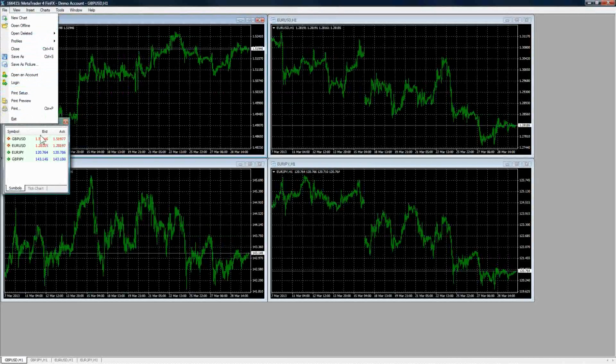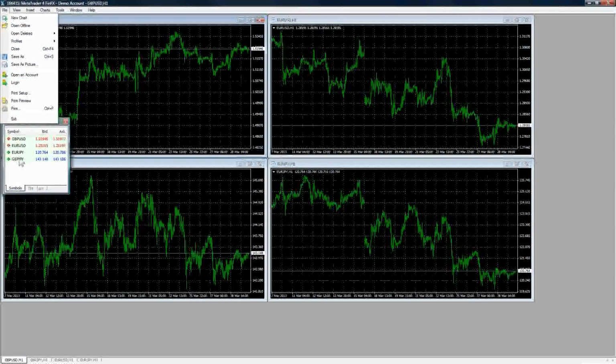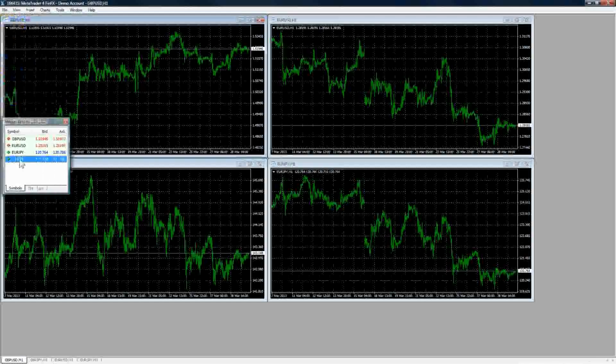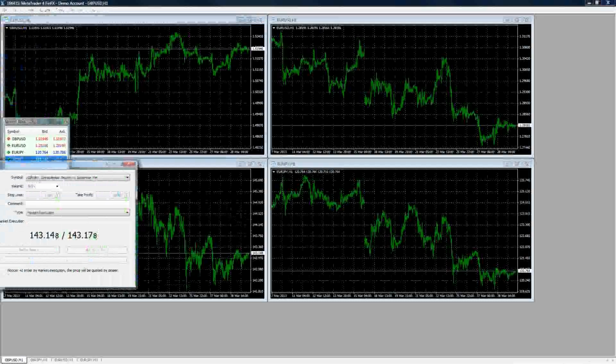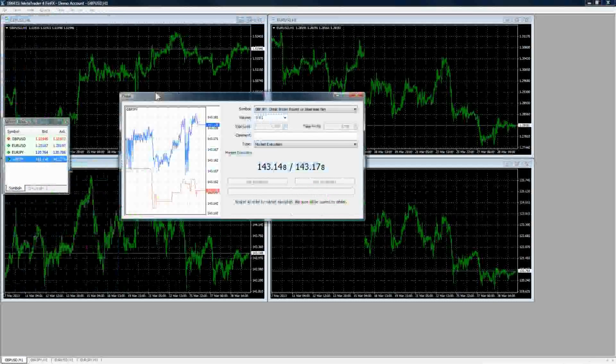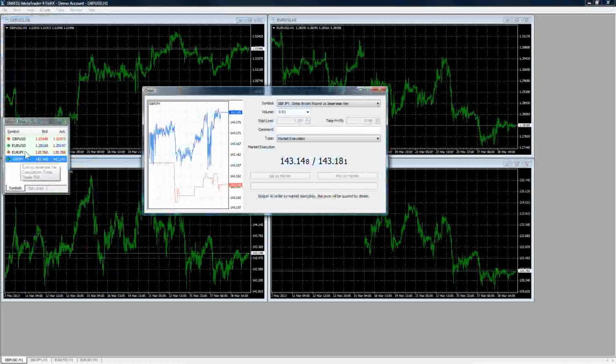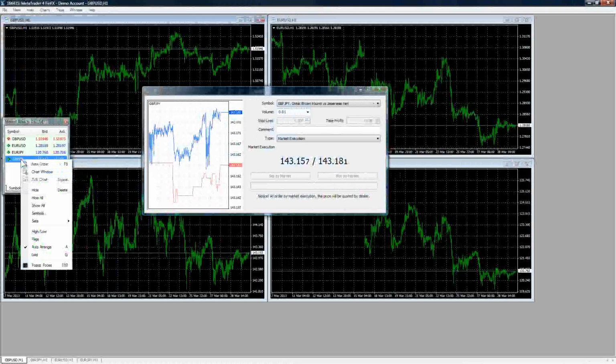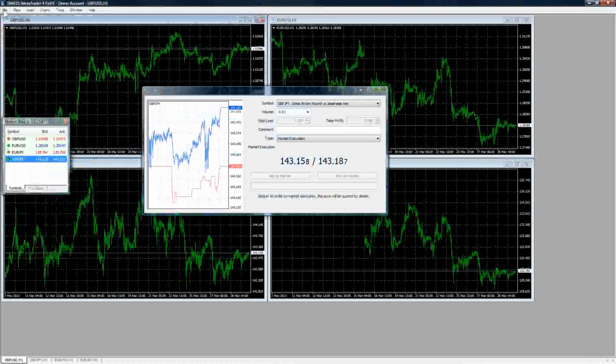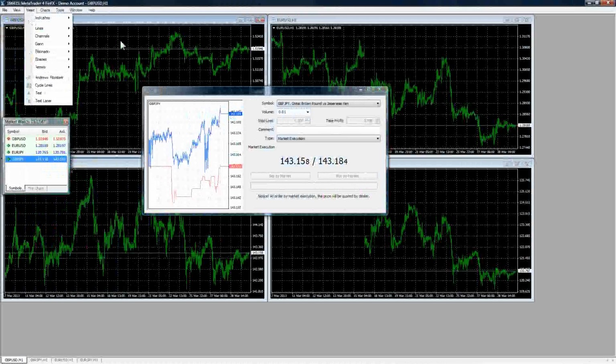I'll go through, for example, if you're trying to place an order, all it takes is double-clicking a symbol or a currency pair. Okay. Now, obviously, you can right-click and click New Order. You can go into several different places to actually make it. You can go on the chart.